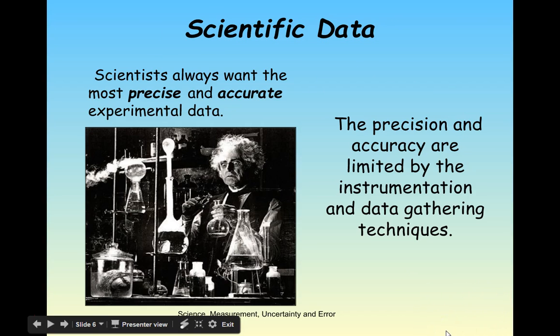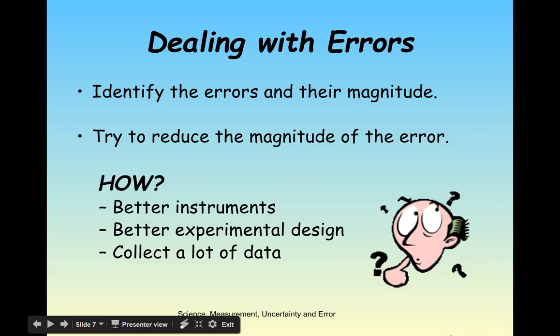So no matter what, we're going to see that there is some type of error associated with experimentation. Scientists want to make sure that we are trying to be as precise as possible and that we're collecting accurate experimental data. So how do we know what data is precise and what data is accurate? That's something we can try to eliminate, or do the best job we can, when we are collecting data in class. If we can identify what the errors are and the significance or the magnitude of those errors,